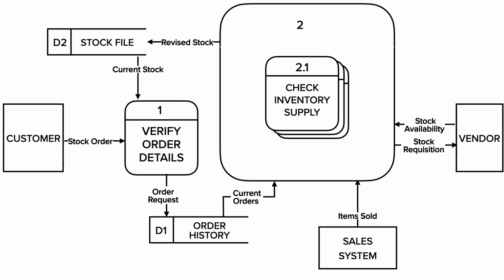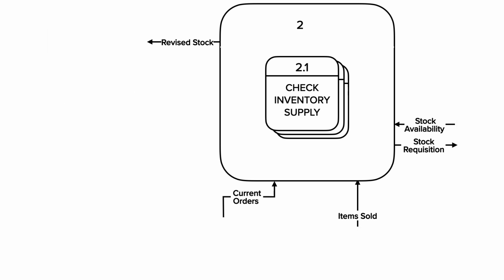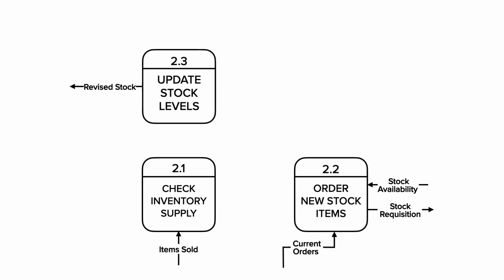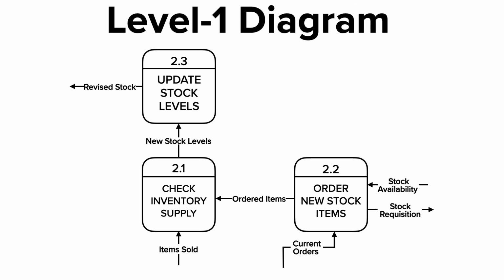The inputs and outputs to and from maintain inventory that we have here, I'm going to get rid of those extraneous details so you can see them more clearly, which is important because those data flows are really data flows from these sub-processes. And these sub-processes also have data flows between them. So as I explode, as I level down into a level 1 diagram, and this is a level 1 diagram because it's 1 decimal place out,